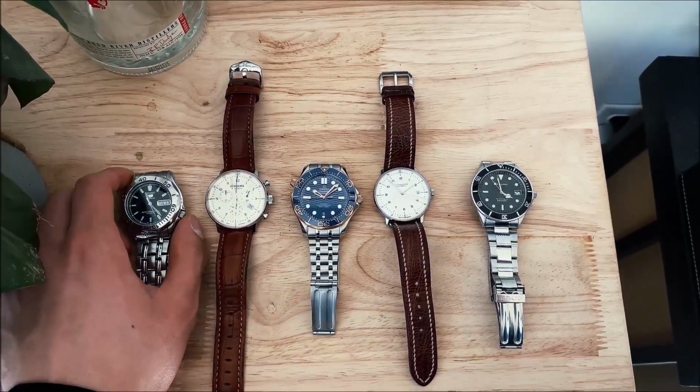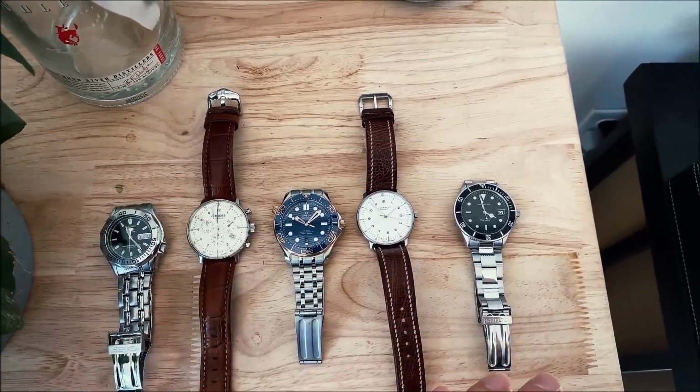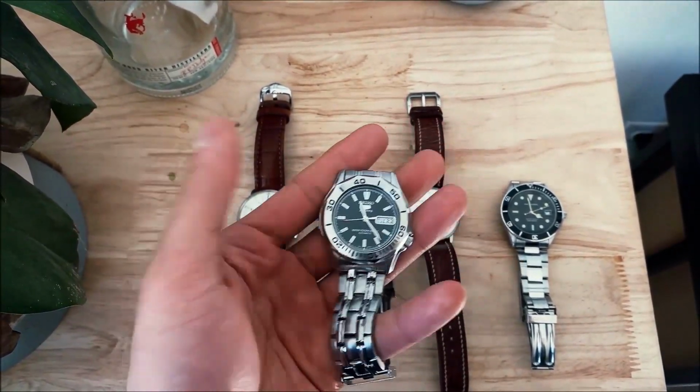So starting off, I have them listed in chronological order from when I first got them to when I last got them. And so the first one is this Seiko 5 right here. It's considered vintage, I guess, but